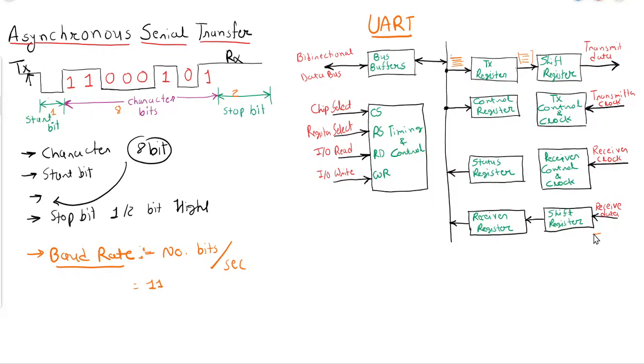Okay, here bit by bit, 0 1 0 1, whatever binary data is there, it will be received serially into the shift register. After that, having received data serially, again this shift register will convert that serial data into parallel data. So here there will again be that type of register which will take serial input and give parallel output. Then it will be stored into the receiver register, and then from the receiver register it will be forwarded to the bus buffer. Okay, clear with this?